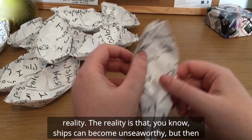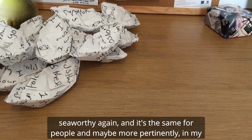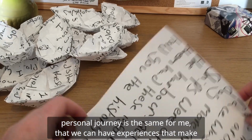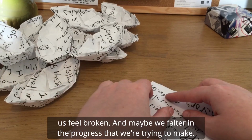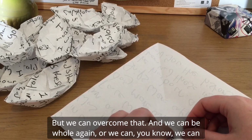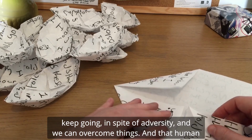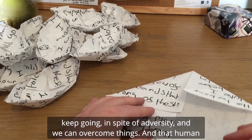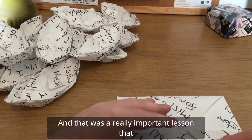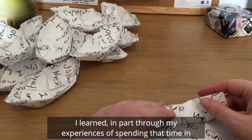ships can become unseaworthy, but then they can be repaired or refloated and they can be seaworthy again. And it's the same for people, and maybe more pertinently in my personal journey, it's the same for me, that we can have experiences that make us feel broken, and maybe we falter in the progress that we're trying to make, but we can overcome that and we can be whole again, or we can keep going in spite of adversity, and we can overcome things, and the human spirit is, I think, inherently buoyant. And that was a really important lesson that I learned in part through my experiences of spending that time in